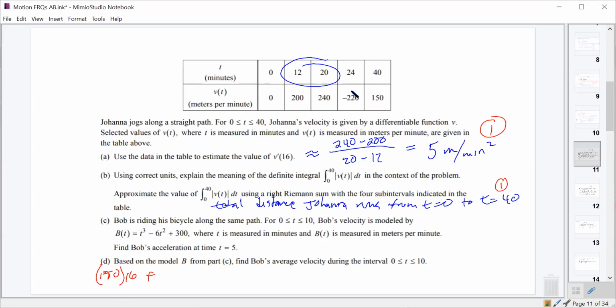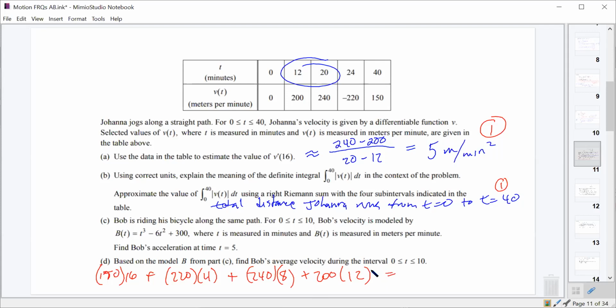since we're doing the absolute value, that's going to become a positive 220, times the length of that subinterval, which is 4. Then the next one, which will be 240, times the length of that subinterval, which was 8. And then the last one will be 200 times the length of that subinterval, which is 12. And you just add up all of those things, and it should come out to be,